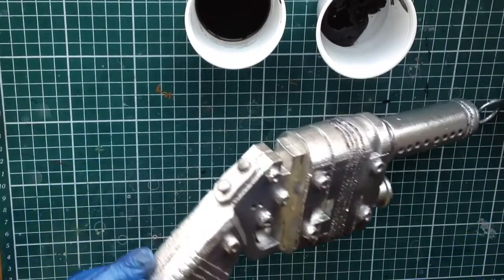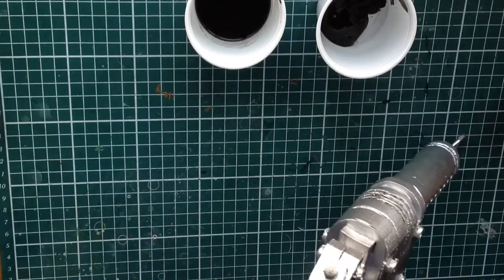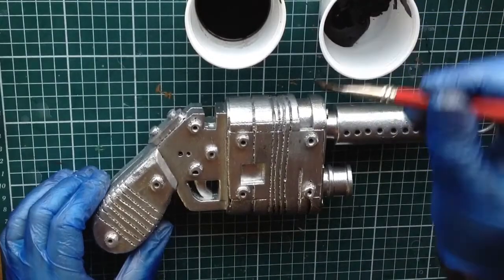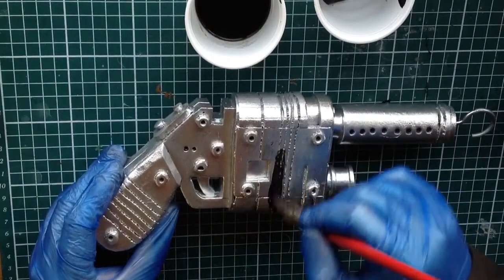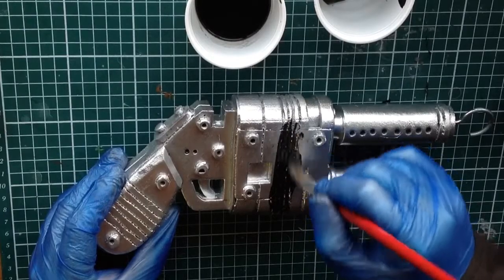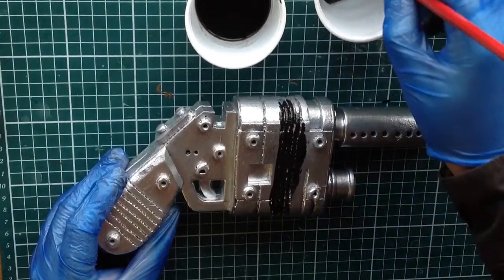And what I'm going to do, I'm going to paint this handle bit in solid black as the handle, only sort of up to there, so it's only going to be like the handle grips for the rest of it. So I've got the brush nice and wet, and we pick up some of the acrylic paint, and then what we're going to do is we're going to basically brush this in, try and get it into all the little crevices that we have,